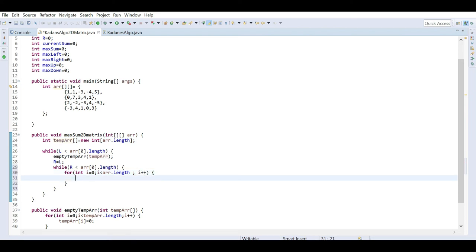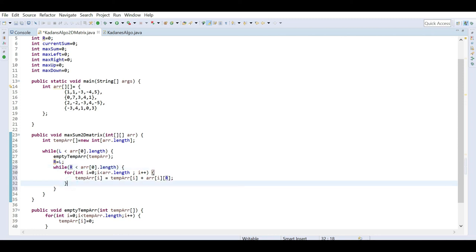And now in the temp array's ith position, we maintain temp array i plus array of i and r. So in this temporary array, the column where r is present now, that column's value we need to add one by one.